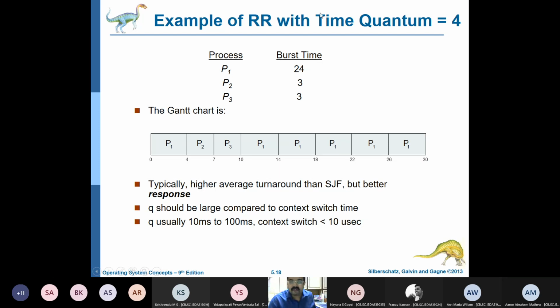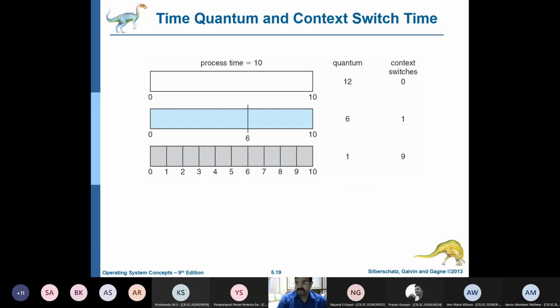So this is a very good algorithm, a more efficient kind of algorithm, which has a better turnaround than shortest job first, and better response. We are effectively using it based on the time quantum. We can also change this time quantum depending upon the processes. If the burst times are 5, 5, 5, there's no point in a larger quantum; you can have the time quantum be 5. If they are 5, 10, and 15, again we can use the time quantum. So like that you can decide the time quantum in a round robin fashion.